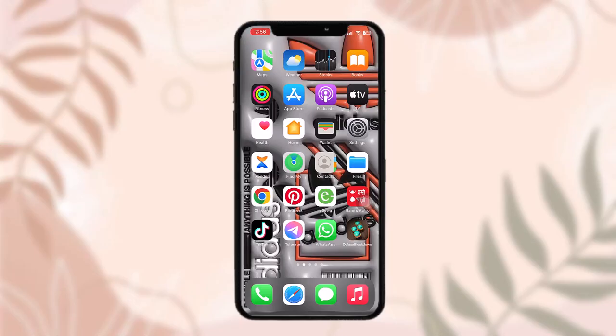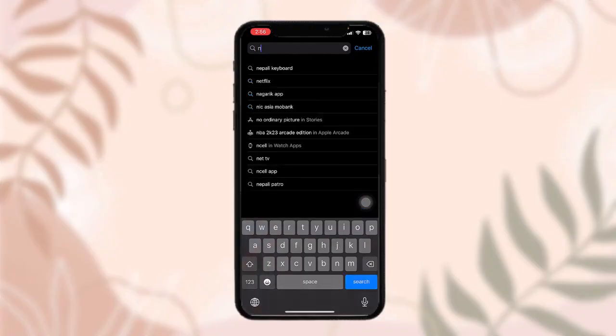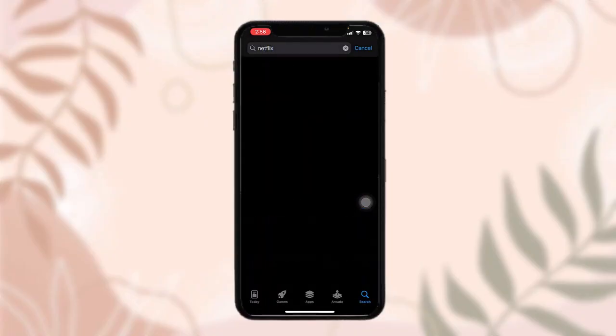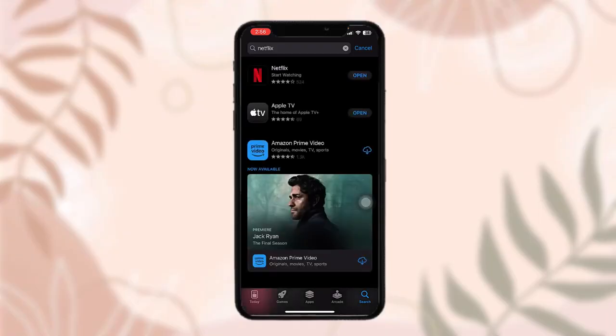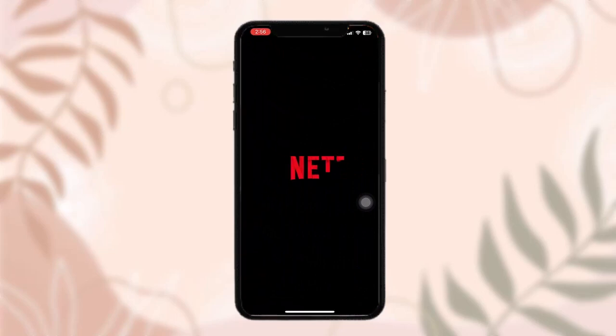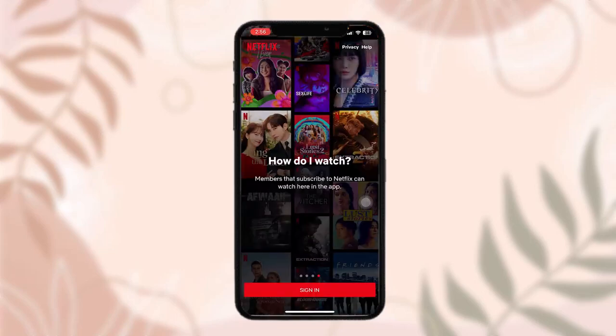Now, the first thing that you need to do to log in is open up or download the Netflix app. So head over to your app store, type in Netflix, and download it, right? And once you have downloaded it, simply click on open. Now you'll get an interface like this, right? Now all you gotta do is tap on sign in,